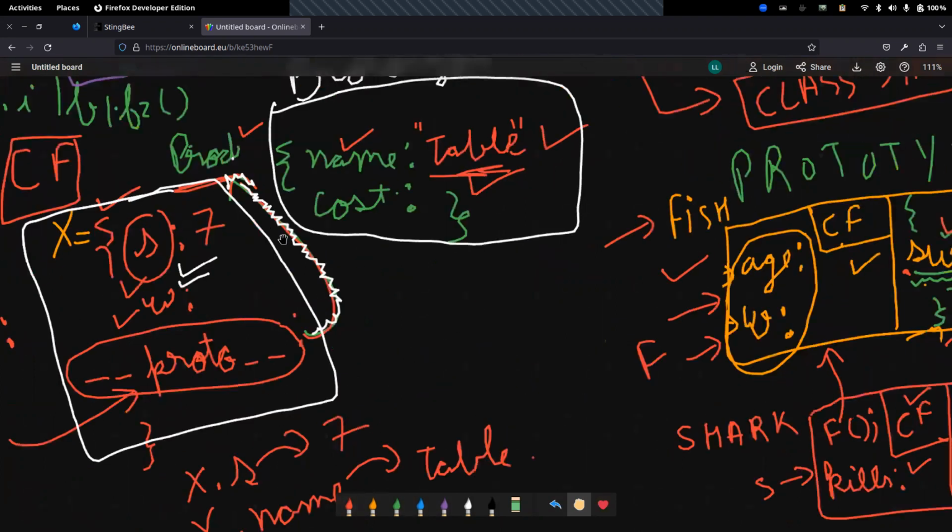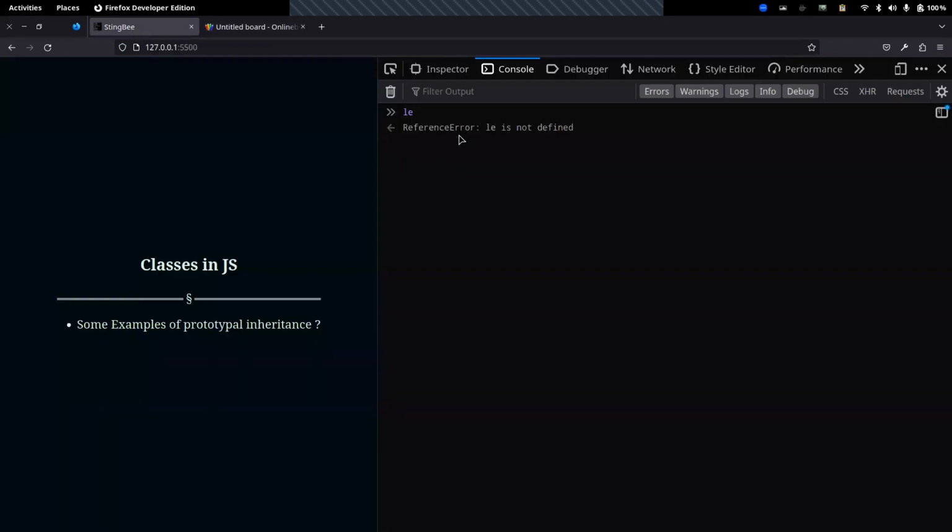Let's try to do this. We'll do it in a couple of different ways. So let's have two objects. Let's have prod, and let's say it has a value name that is table,